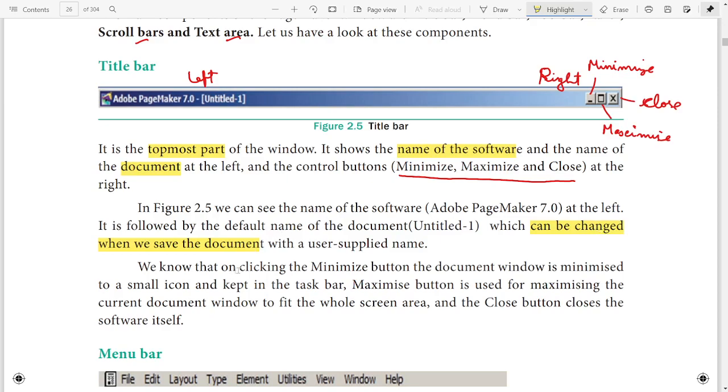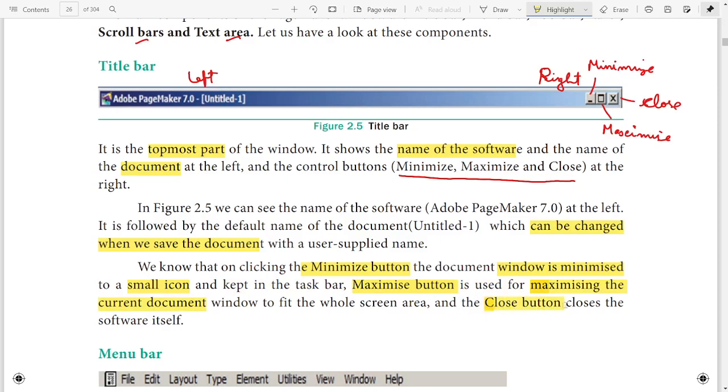We know that on clicking the minimize button, the document window is minimized to a small icon kept in the taskbar. The maximize button is used to maximize the current document to fit the whole screen area.